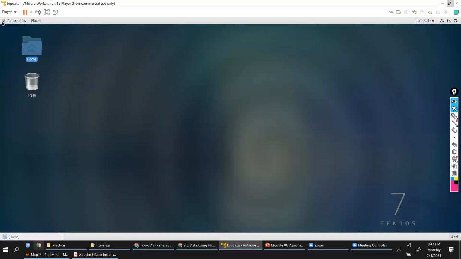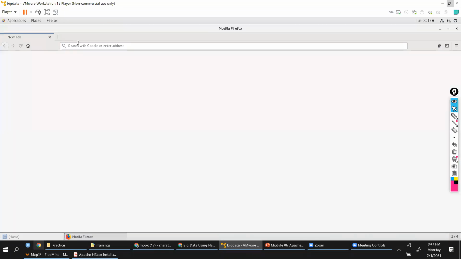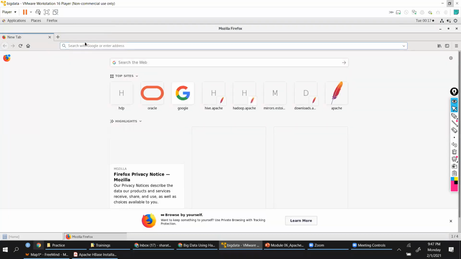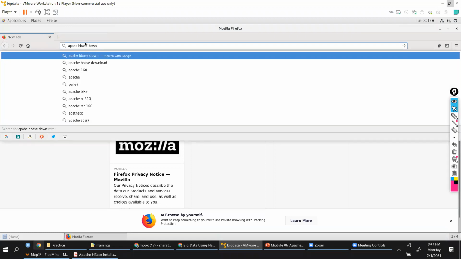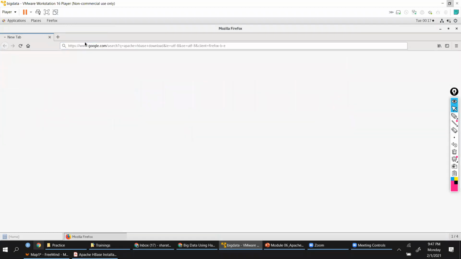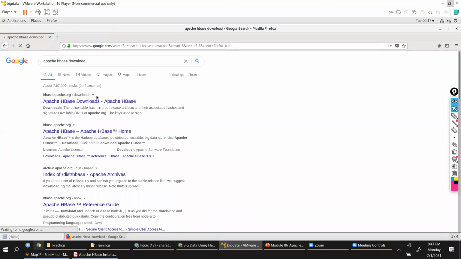So let me talk about downloading the HBase file. Again, these are Apache managed open source software. So you can search for Apache HBase download.